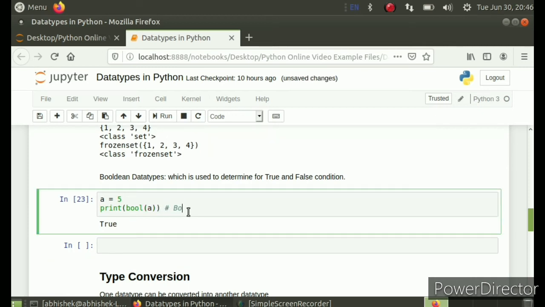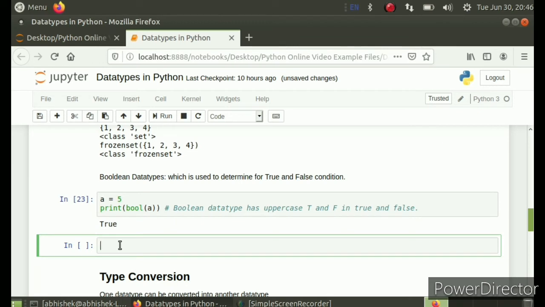And in Python, the Boolean data type has True and False, and the T and F are capital. So T and F in True and False are written in uppercase.